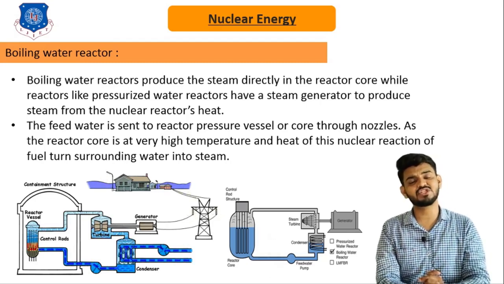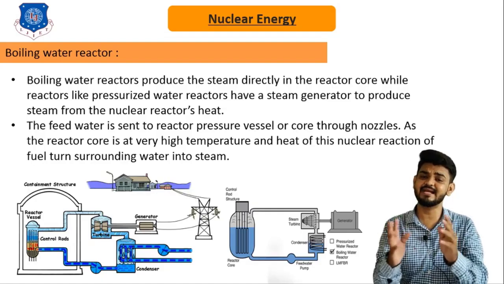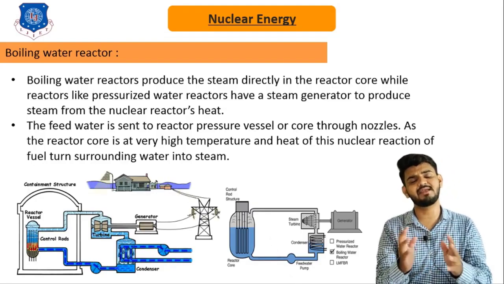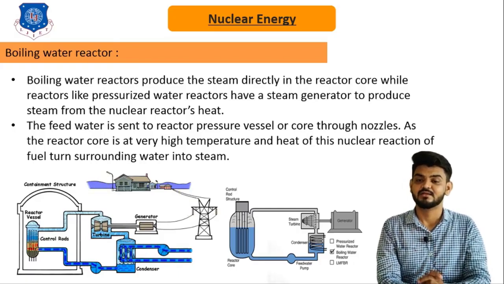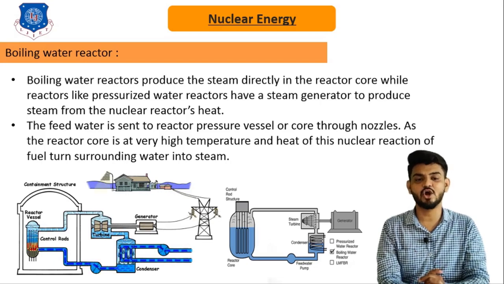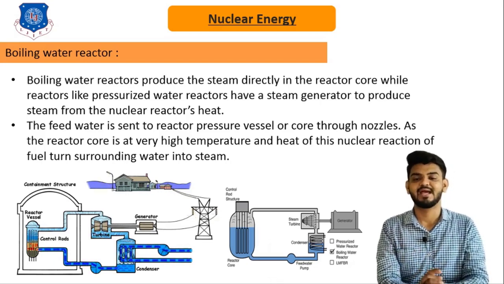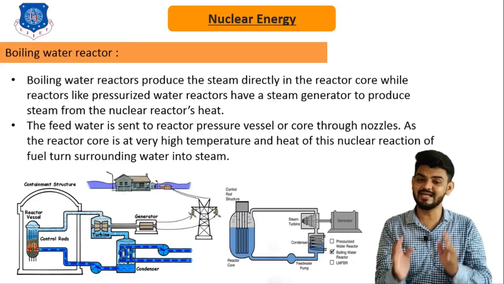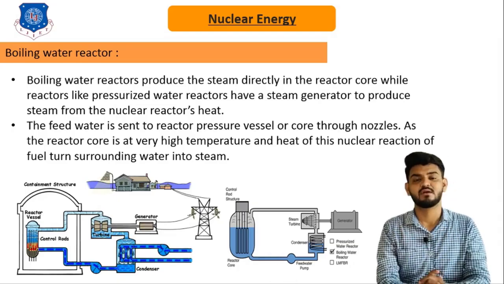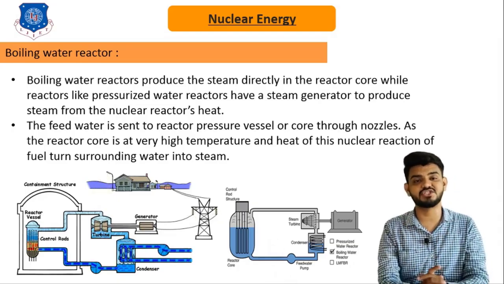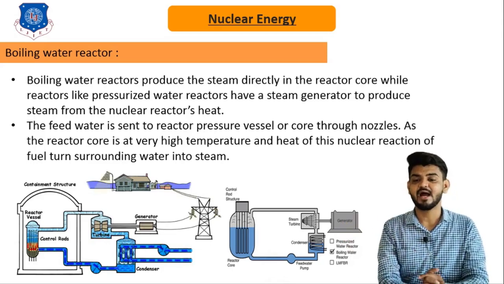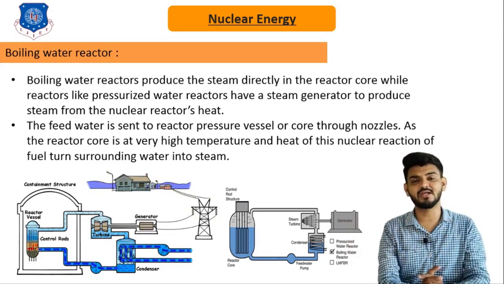In the main reaction core, this water is directly converted into high pressure steam, which is driven to the turbine and the generator. So the feed water is sent to the reactor pressure vessel or core through the nozzle. As the reactor core is at a very high temperature, the heat of the nuclear reaction of this fuel turns the surrounding water into steam. So here in the animation you can see how we are converting water directly into